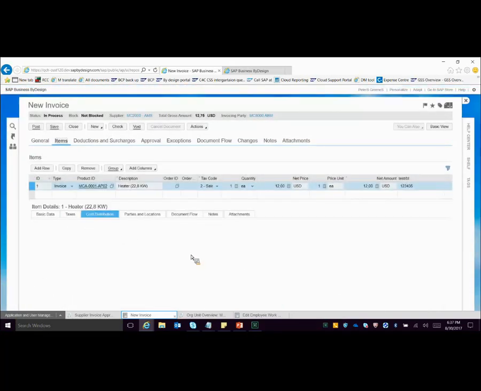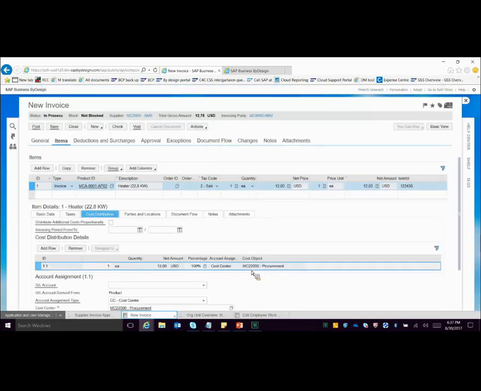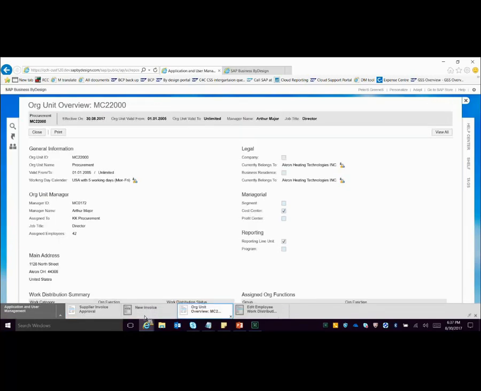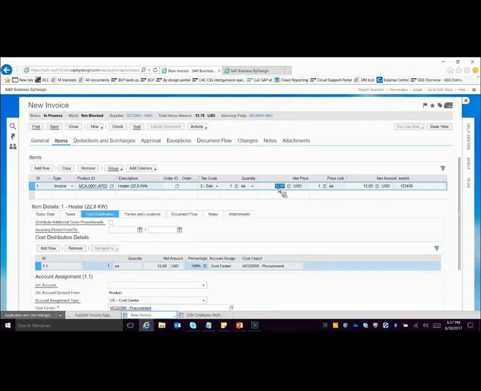Yeah. So under cost distribution, as you can see, we have maintained the same cost center as per the rules that we have maintained, so conditions. Yeah. So here that I have maintained. So amount, like we spoke, we want it to be less than 30 USD, only then this will trigger. So it's already the same. So just to ensure, before clicking on check totals,